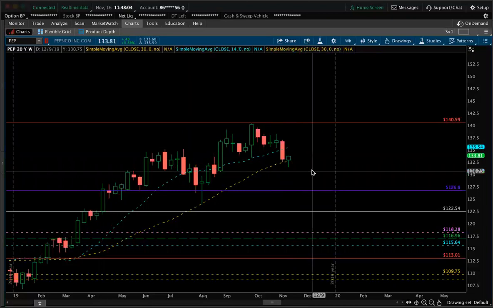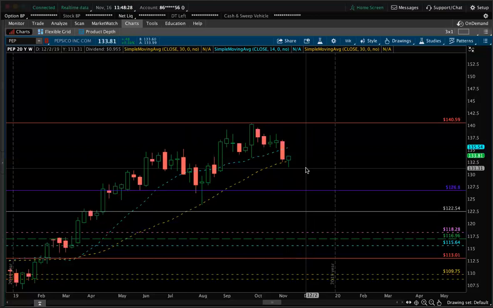The reason I took 135 calls is because it's smarter, a better decision than taking 136, 137. The 137 is a lotto to me. So I would take the 136s for November 29th, and I would take the 135s for November 22nd, which is next Friday. I use these resistance levels as a target for my strikes. Why? Because price usually gets there.